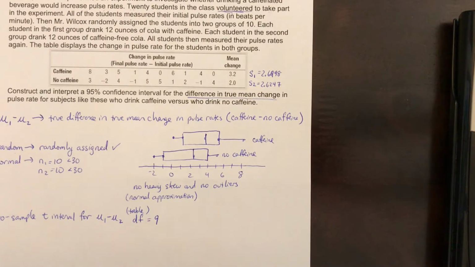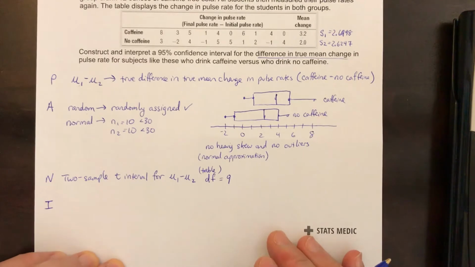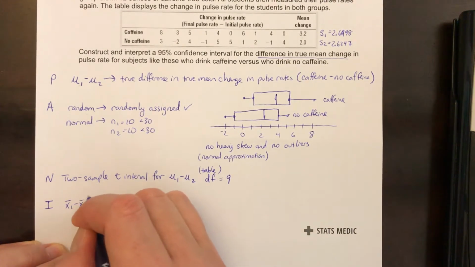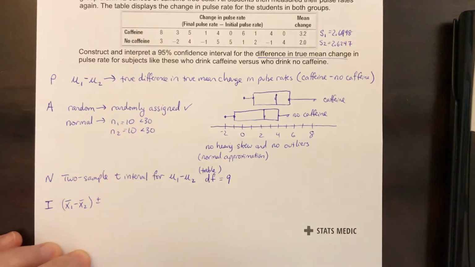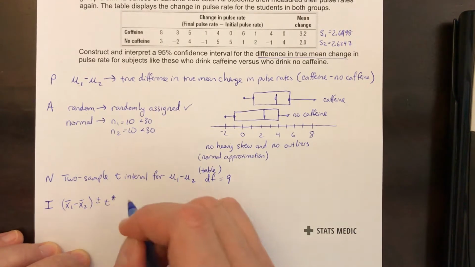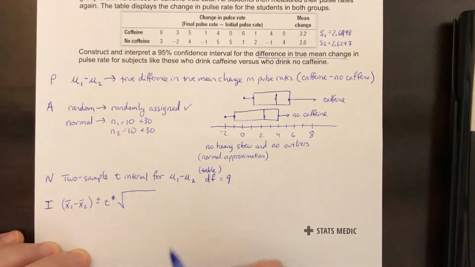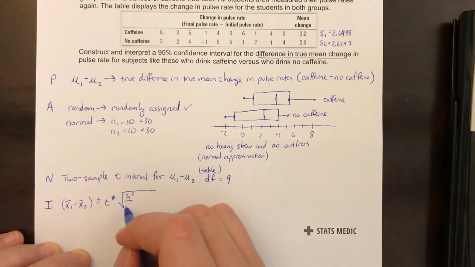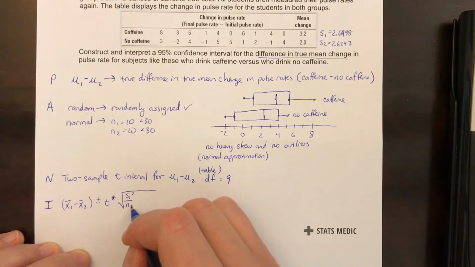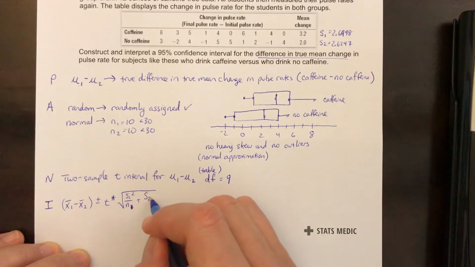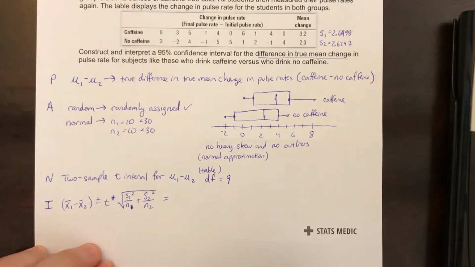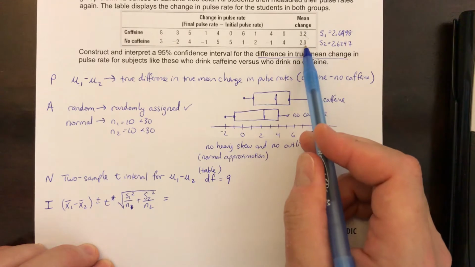All right, so now for part 3, we are in the process of trying to calculate our interval. We're going to take the difference of the sample means, plus or minus the t critical value multiplied by the standard error, which is the sample standard deviation squared divided by n1, and then for the second sample, divided by that sample size as well. The sample means we have are 3.2 and 2.0,